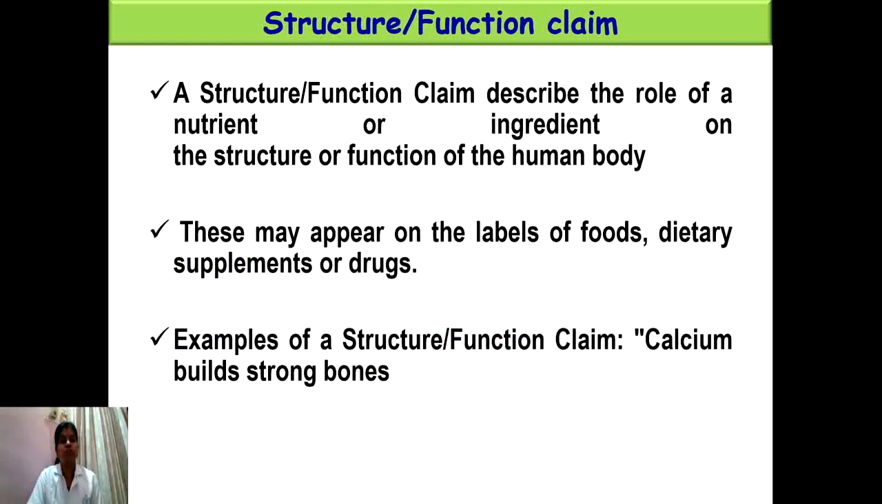So when we come to structure and function claim, a structure and function claim describes the role of a nutrient or ingredient on the structure or function of the human body. These may appear on the labels of foods, dietary supplements, or drugs. So we can say calcium builds strong bones. So calcium is necessary to build some structure in our body, so it comes under structure and functional claim. So by this